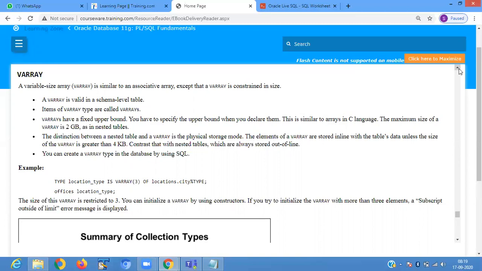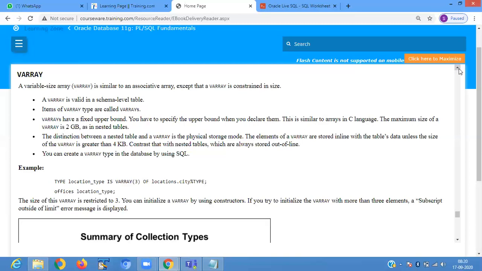The elements of a virtual array are stored inline with the table data unless the size of the virtual array is greater than 4 KB. In contrast, nested tables are always stored out of line. They store the data inline and this stores the data out of line.